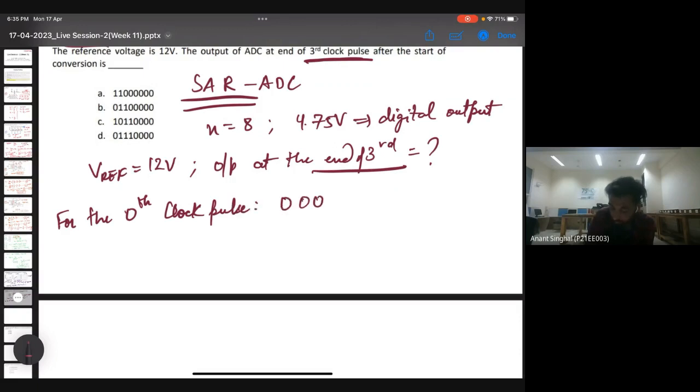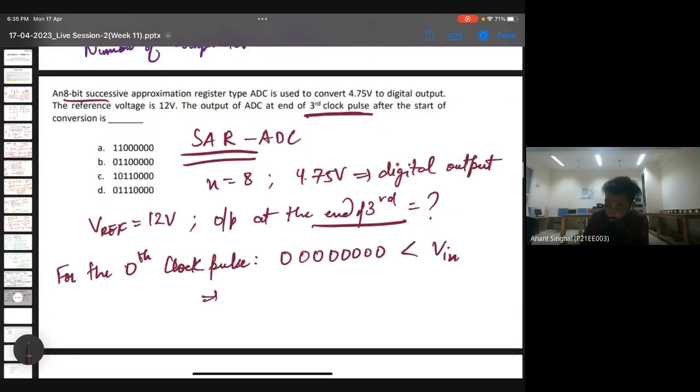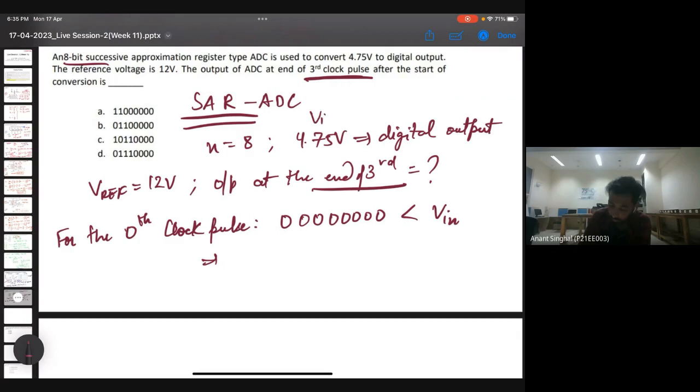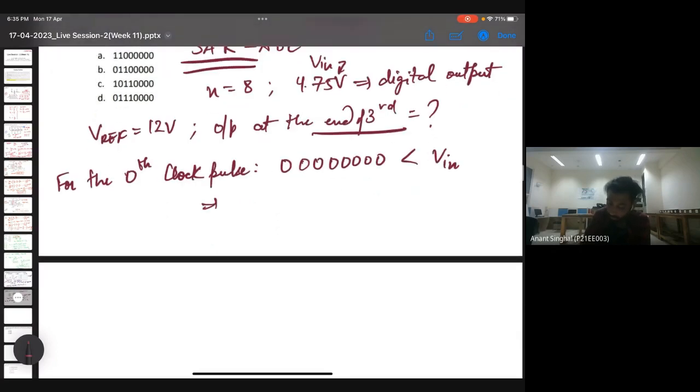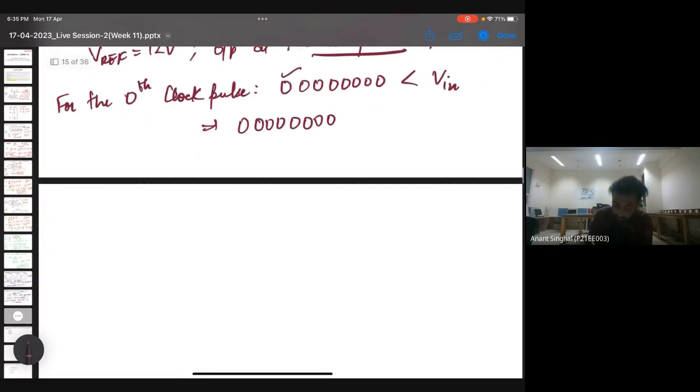That is 2, 3, 4, 5, 6, 7, 8, and this will always be less than the given input voltage. So the input voltage is nothing but this 4.75. Since it is less than, this 0 will always remain. So for the 0 clock pulse, nothing will change. Now for the first clock pulse,